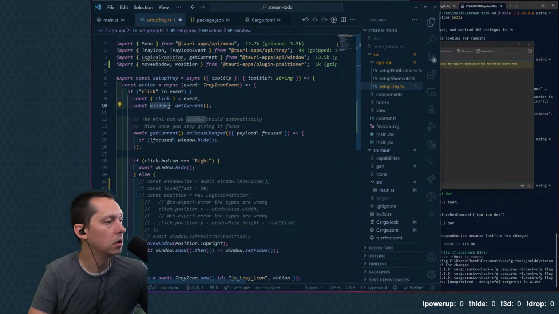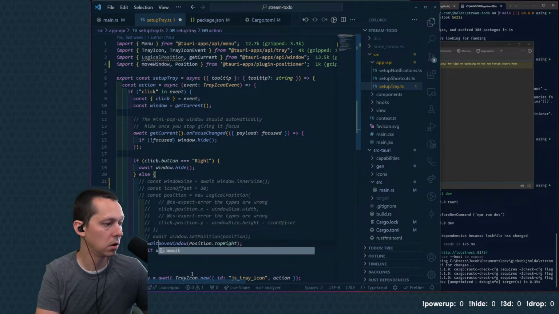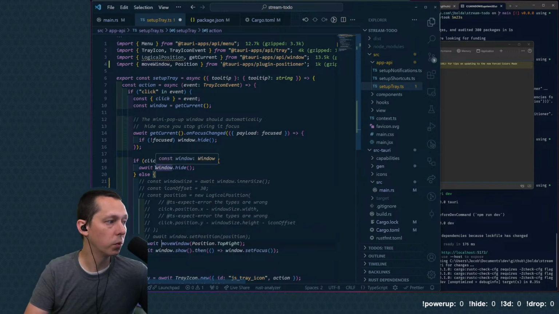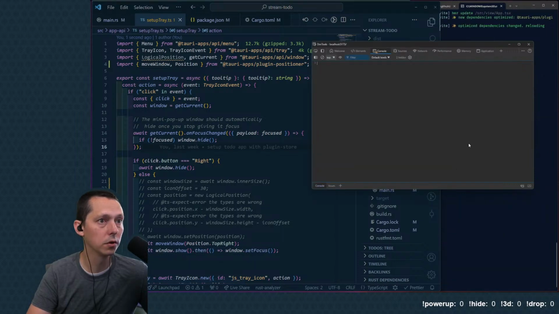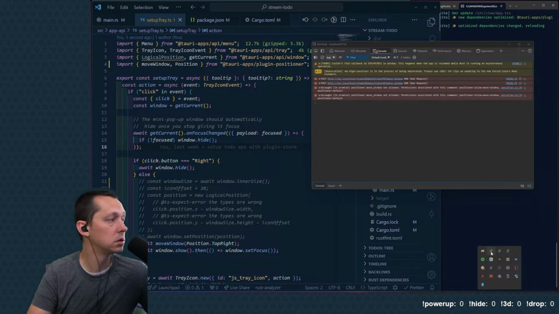So the window get current call, we still do need that, despite the fact that we're using this, which is async. We still need to get the window because we're hiding and we're setting focus, or showing it, I guess, would be the alternative version. So if we do this, and now when we click this,